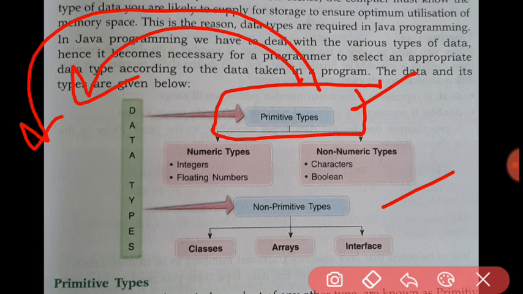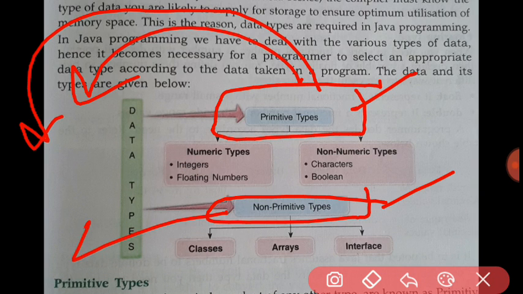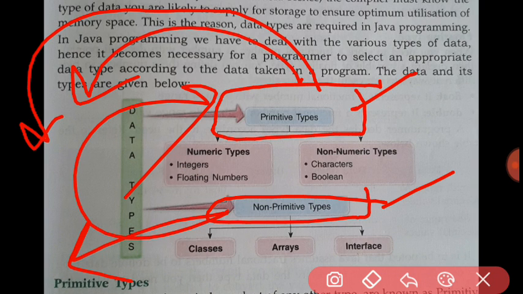So what are the categories? Let us first understand the definition of non-primitive data types. Non-primitive data types are the dependent data types. Dependent on what? Primitive data types. Second, the size is not fixed. The size of these non-primitive data types varies. And to declare the non-primitive data types, we need the primitive data types. With the help of primitive data types, we can only declare that. And we also call non-primitive data types a composite data type. So I hope this will be clear to you.